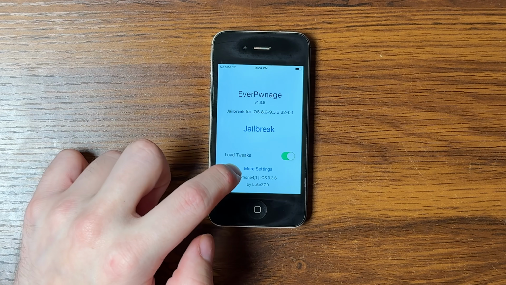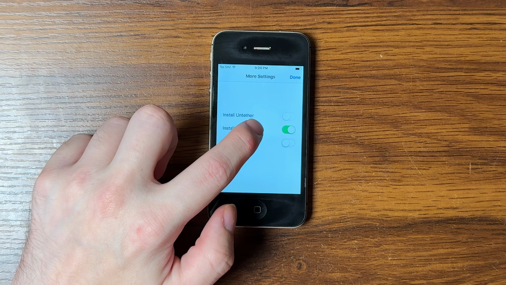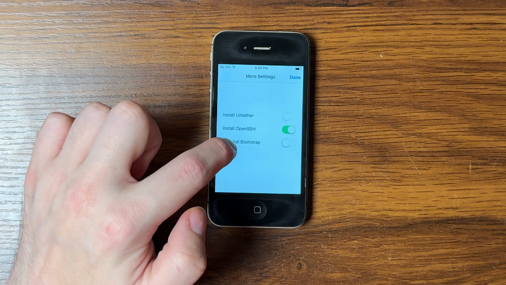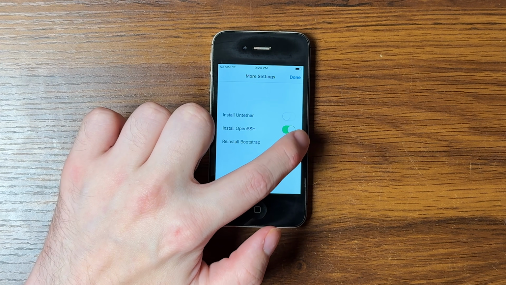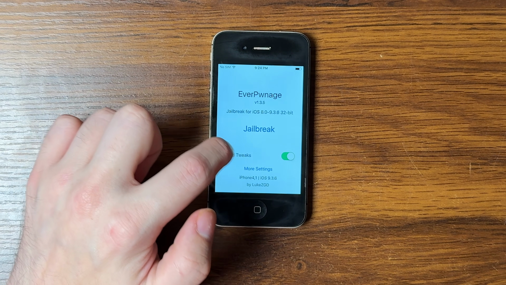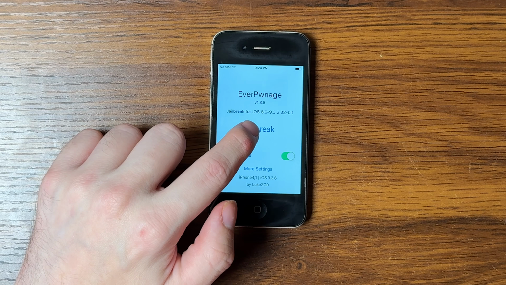Now, here we are in the app. As you see, it opened, no problem. Once the app is open, you're then going to tap more settings and make sure install OpenSSH is selected, because we will need it for the downgrade process later anyway, so we might as well install it now. Once you have that checked, you can hit done, and then you can tap the big blue jailbreak button